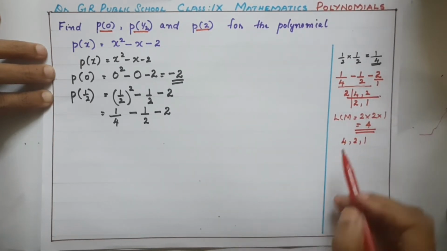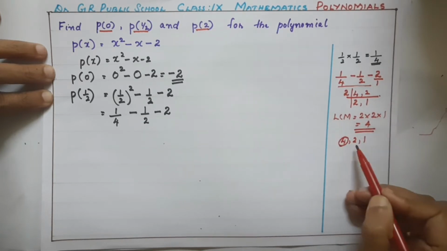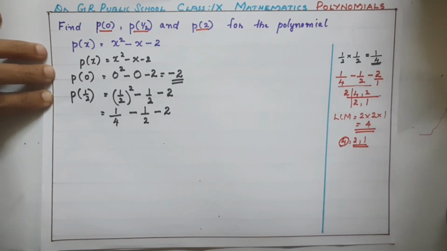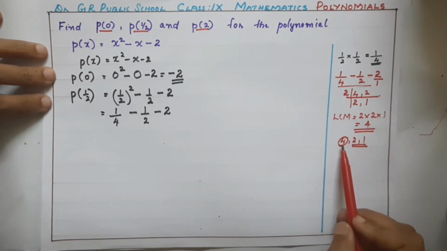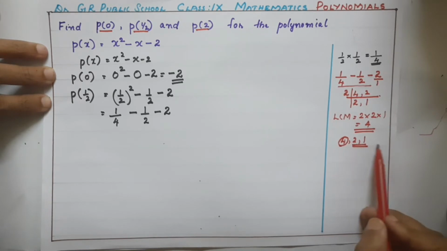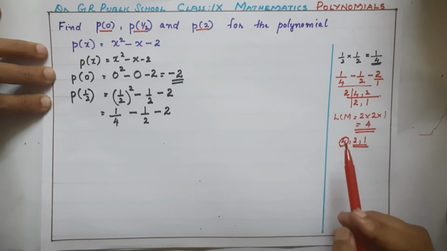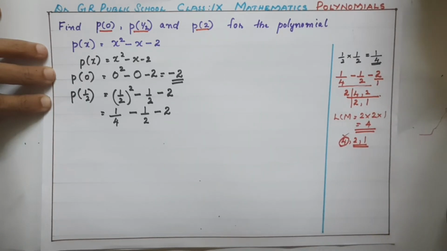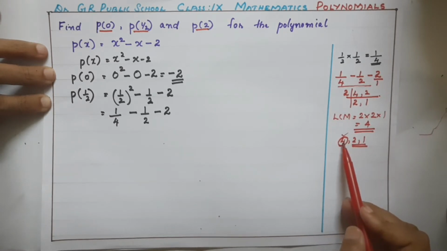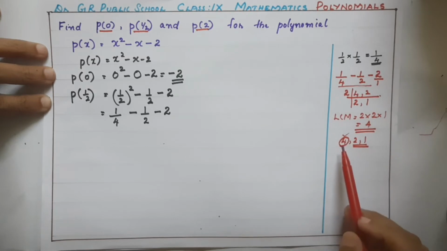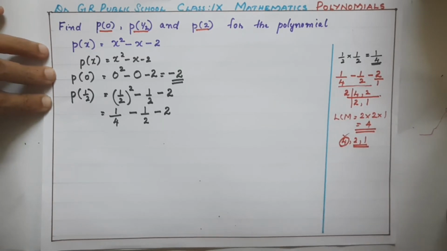Isn't it? Here 4 is the multiple of these other two numbers. So when you have numbers like this, where one number is the multiple of all other numbers, then we can say the LCM easily. The largest number will be the LCM. Here 4 is the multiple of 2 and 1. So we can say 4 is the LCM of these three numbers.